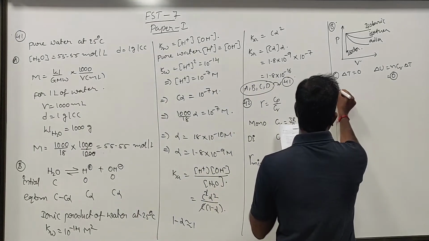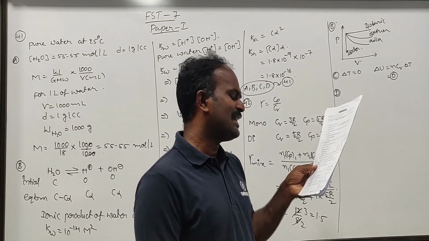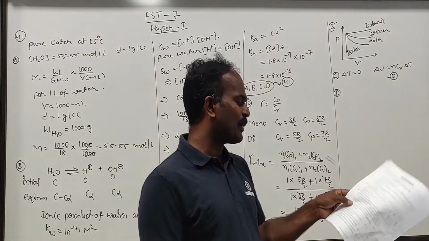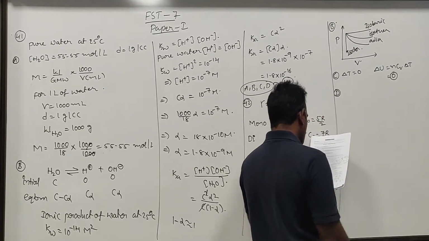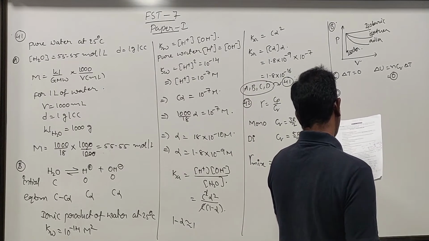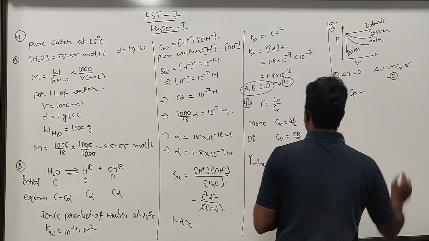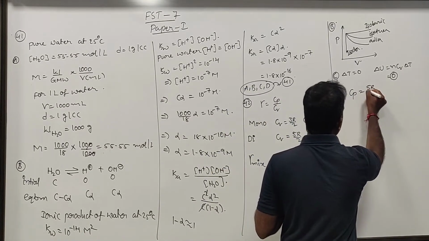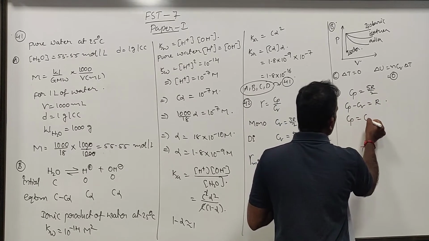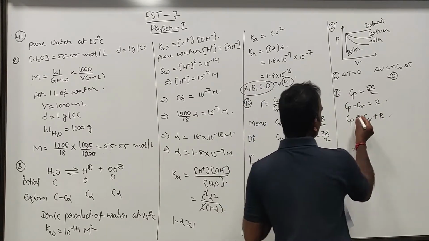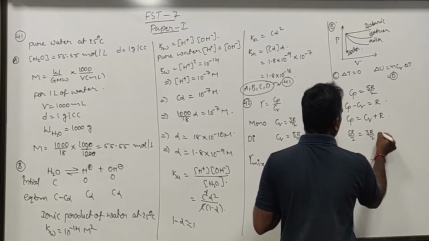Next, Option D. The fraction of heat utilized in increasing internal energy of a monoatomic gas is 3 by 5 when heat is supplied under constant pressure condition. For a monoatomic gas, Cp is equal to 5R divided by 2, as we have just seen. As we all know, Cp minus Cv is equal to R, so Cp is equal to Cv plus R. Therefore, here Cp is 5R by 2, which is 3R divided by 2 plus R.